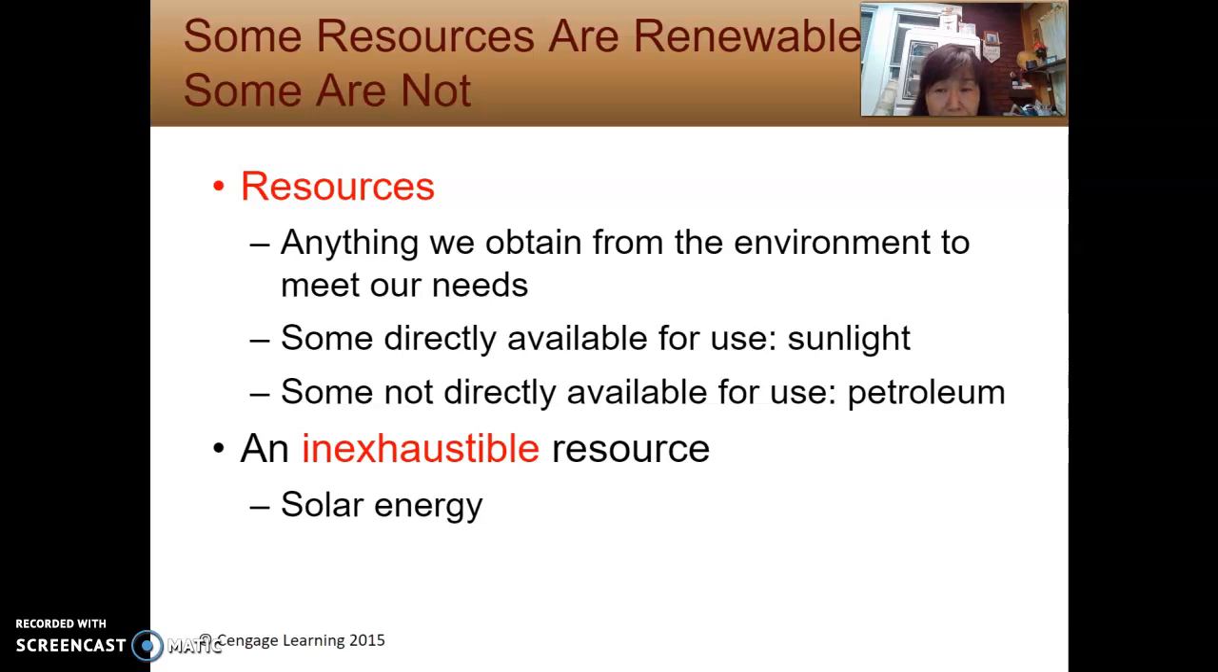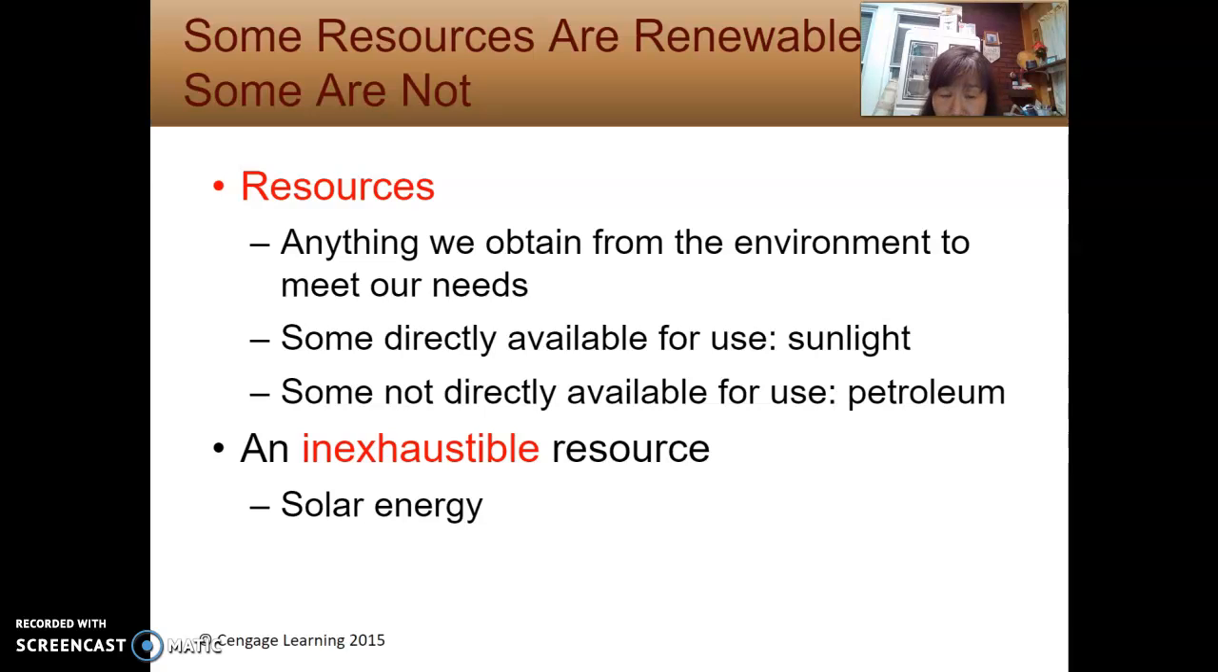A couple concepts I want to repeat. You would see those things in the quiz too. So one is resources. So anything we obtain from the environment to meet our needs, they are all resources. And then some of the resources, they are directly available for us. You use it, they come back, so such as sunlight. And then some not directly available for us, such as petroleum,